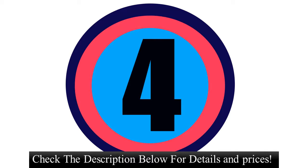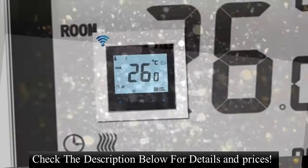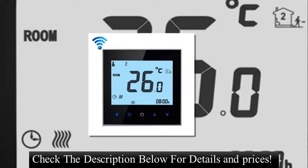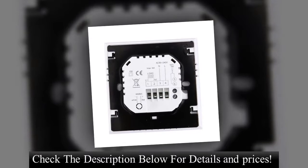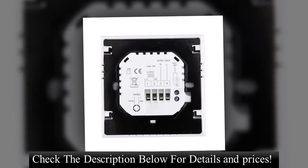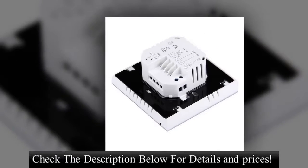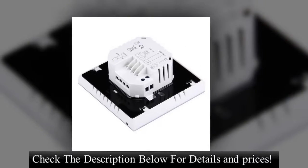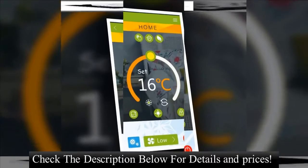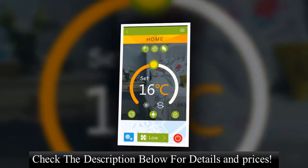Here is the product number 4. Touchscreen weekly thermostat for electric heating 16A. Place of origin: mainland. Brand name: SmarterLink. Model number: SML 1000 GBW. Type: HVAC systems. Power supply: 95-240 VAC, 50/60 Hz. Current load: maximum 16A for electric heater. Communication: